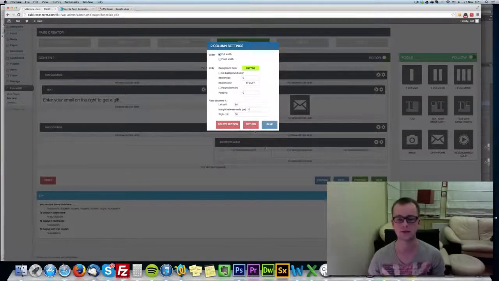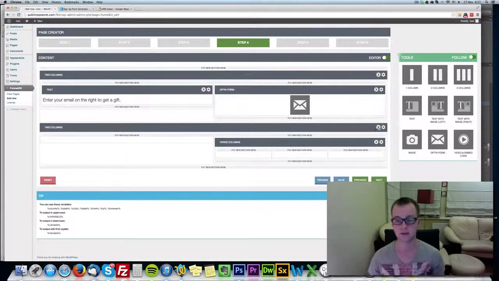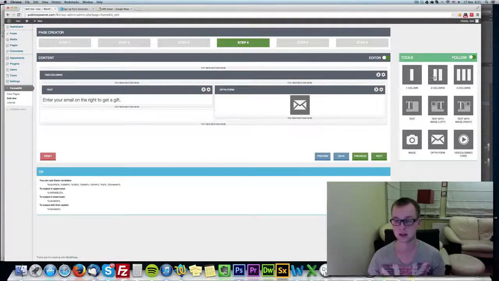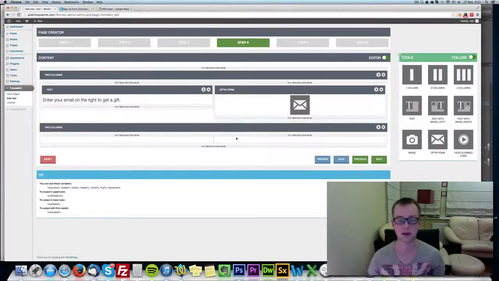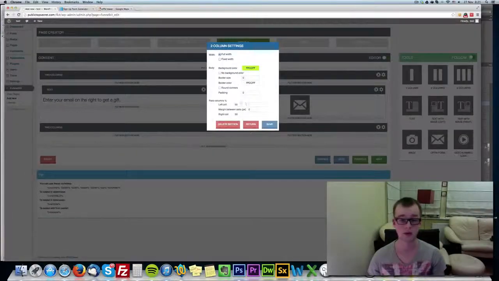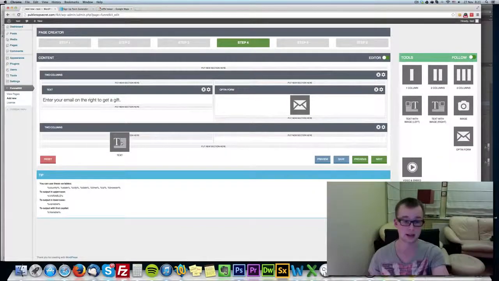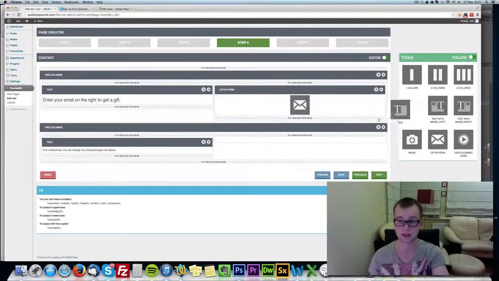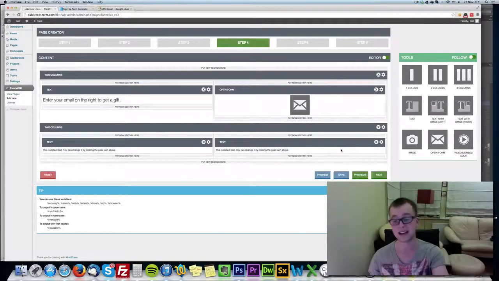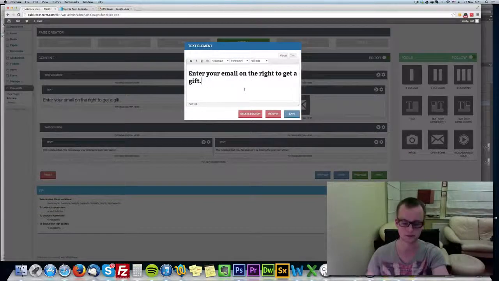So for example, if I have 2 columns and I want to make the right one very wide and the left one very narrow, I can do it right here. Left column 10%, right column 90%. I can add text here, it will be 10%. I can add text here, it will be 90%. Okay, so you can have, like I've said previously, variables like city,